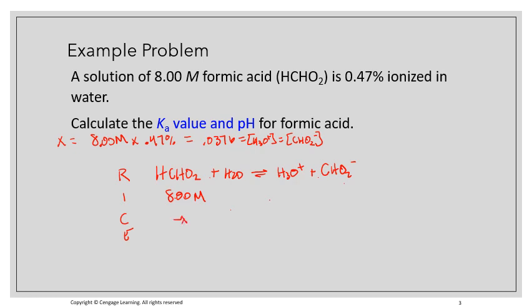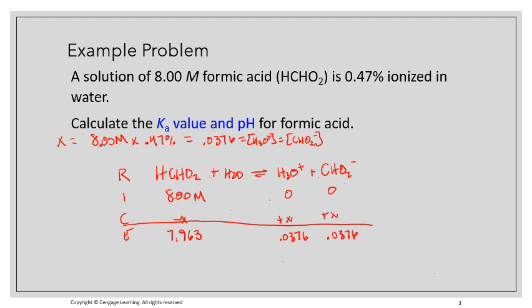I'd subtract X. Over here I have 0 and 0, and I would add X to each. In this case, because we know we have the 0.47%, we can subtract that off from the 8, and that would give us 7.963. And then I would have 0.0376 and